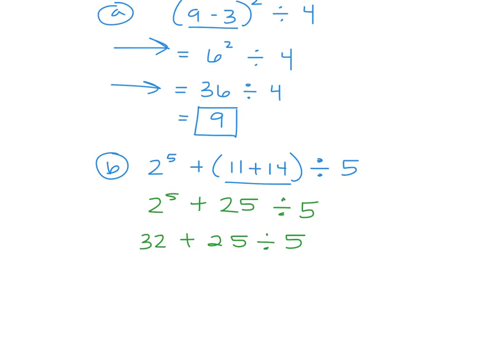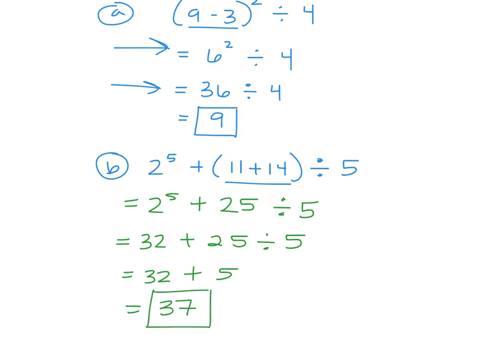What do you do next? You're going to divide next, right? We don't want to add before we divide. So it's going to be 32. What's 25 divided by 5? 5. Okay. So your final answer is